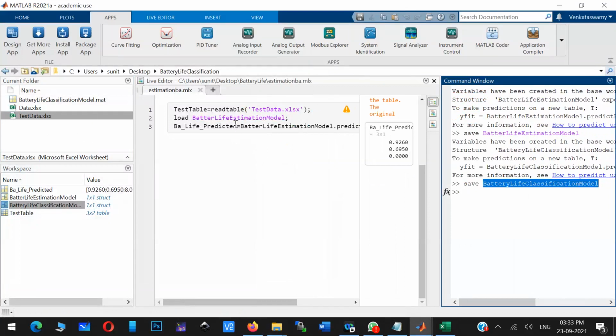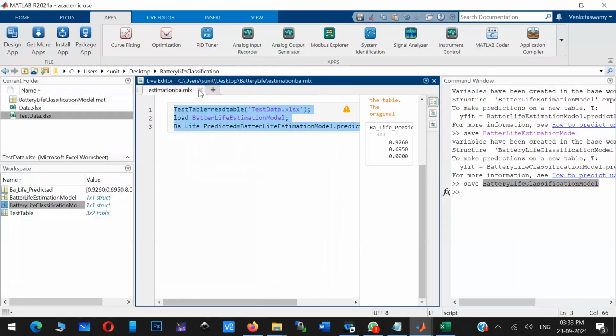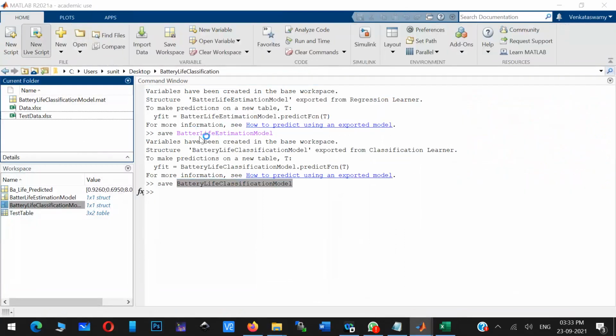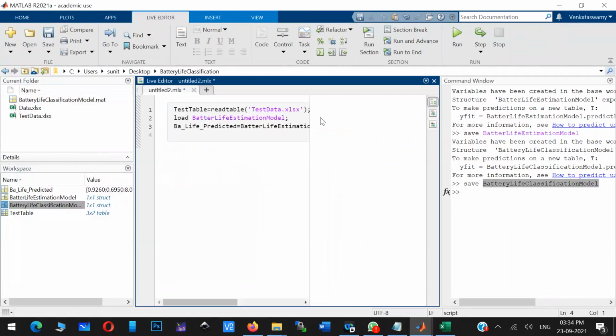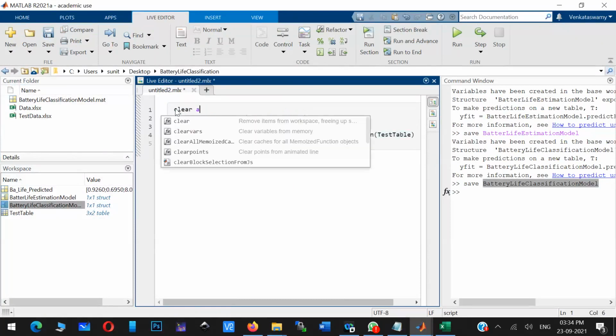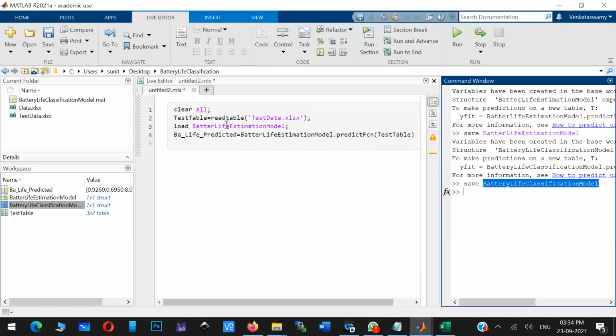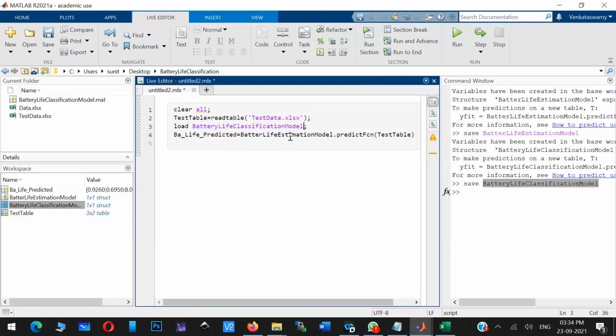So I just have to tune this particular program. Let me copy this program and create a new program in the same file. What modifications do I have to do? Better always use clear, because any existing variables in MATLAB, let them go. Then you only have to modify the model name.